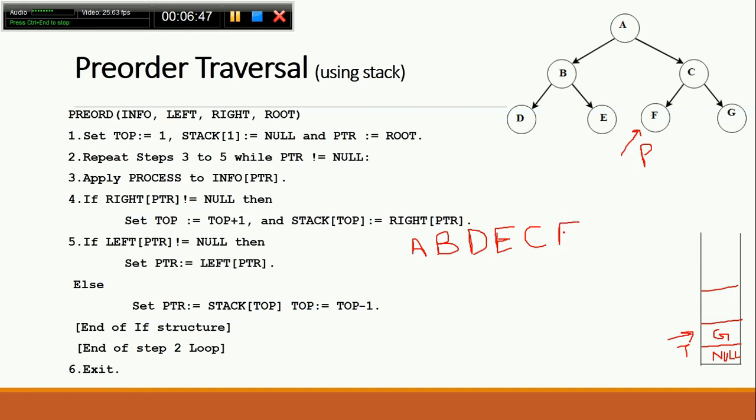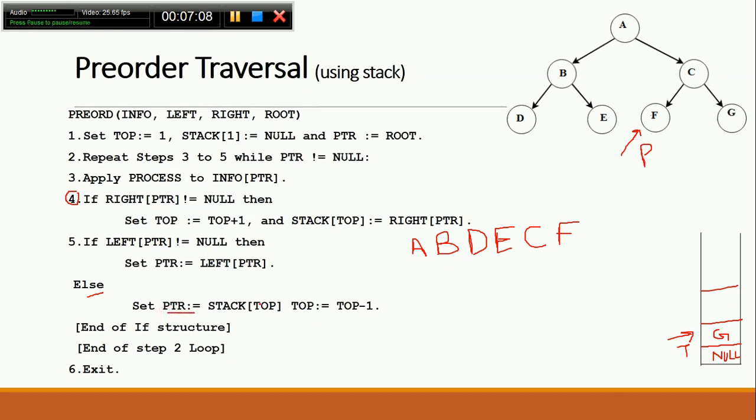Okay, this is done, and then it also says if the left PTR is not null. See here, in my case the left PTR is equal to null, so obviously the else part will work, because this step number 4 is not going to work, because in this case the right child does not exist. The left child does not exist, so the else part will work.